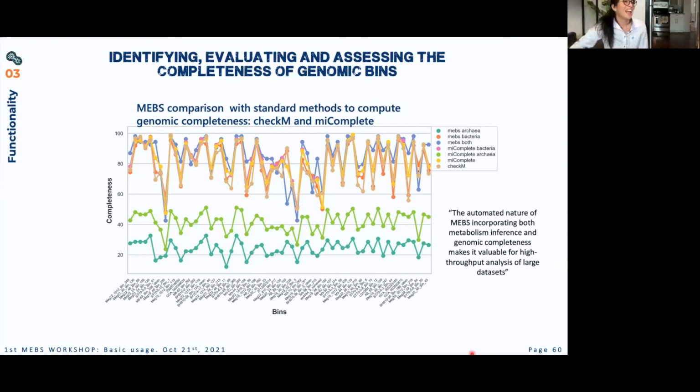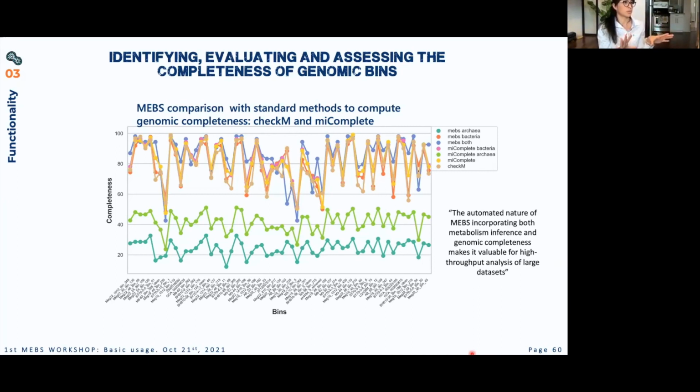So now what I did was to compare the values that you can get with MEBS. I incorporated into MEBS a set of specific single copy marker genes from archaea, from bacteria, from both. And I incorporated the marker genes that are described in MyComplete. And I put that into MEBS, and I calculated the completeness, and I compared the values that you can get for the completeness with